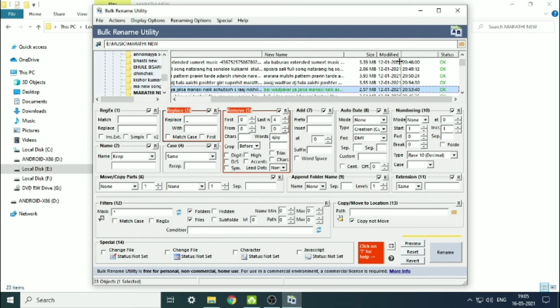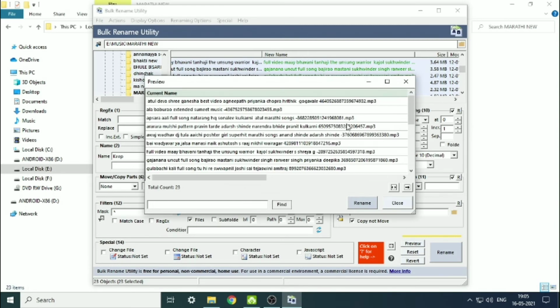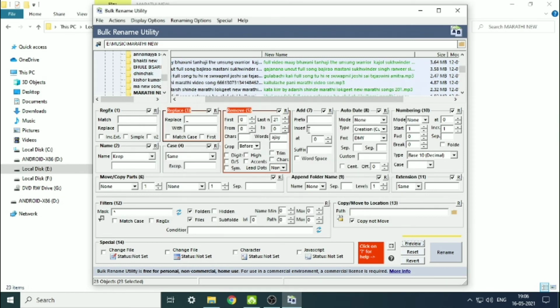There are so many features in this app, so nothing to worry about. I'll select all the things, and as you can see here, it is being renamed. And here, rest of all are being renamed, but especially this one, if you press for, I will not rename because I want everything of that. If you press this one, you can see here almost everything is being renamed, 23 files. So that is another feature.